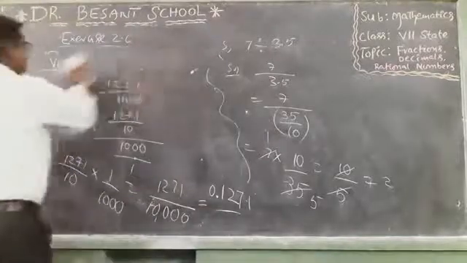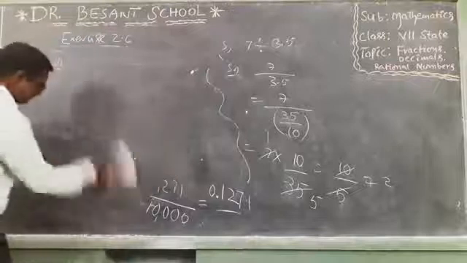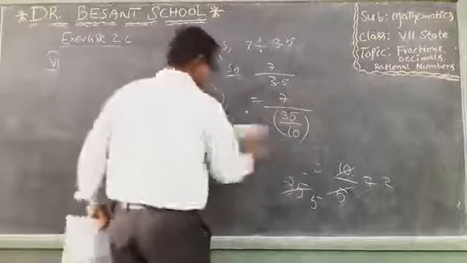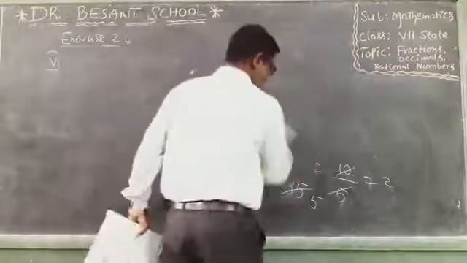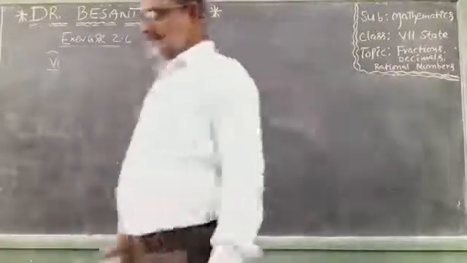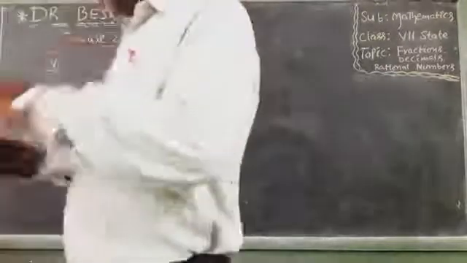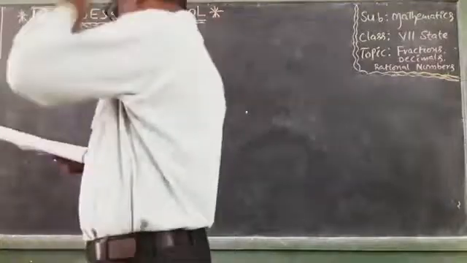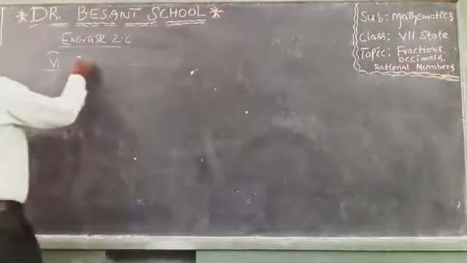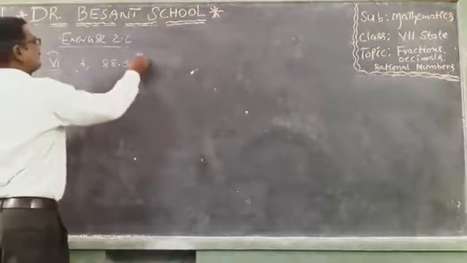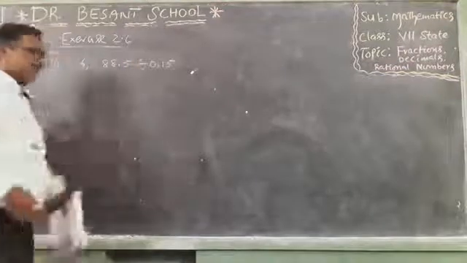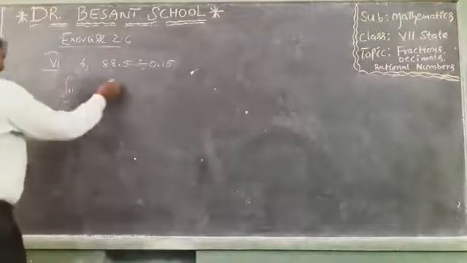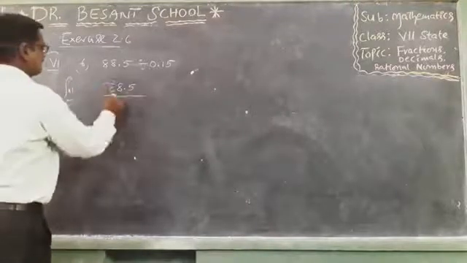Yes. Verify, some more problems are there from the 6th Roman. Children, you see that? And next is from Roman number 6. Question number 6. 88.5 divided by 0.15. This is 88.5 divided by 0.15.